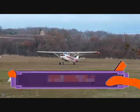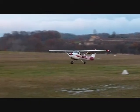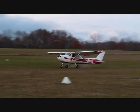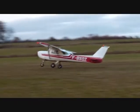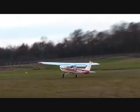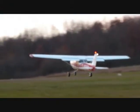The Cessna 150 is a two-seat tricycle-geared general aviation airplane that was designed for flight training, touring and personal use. In 1977 it was succeeded in production by the Cessna 152, a minor modification to the original design. The Cessna 150 is the fifth most produced civilian plane ever, with